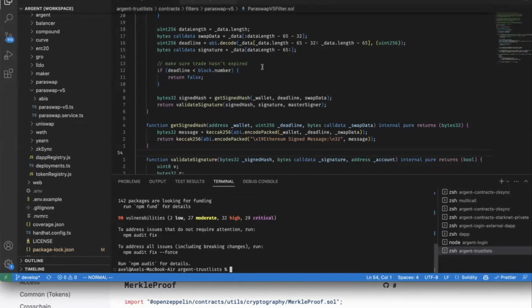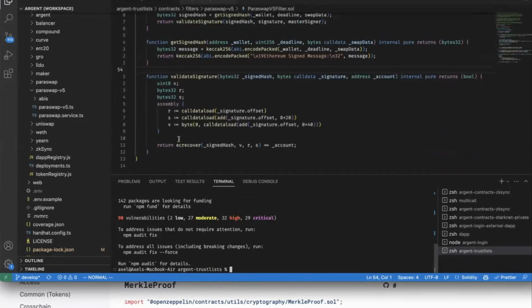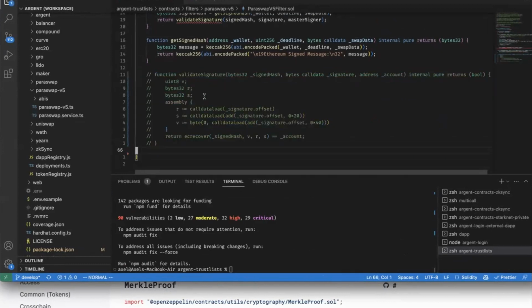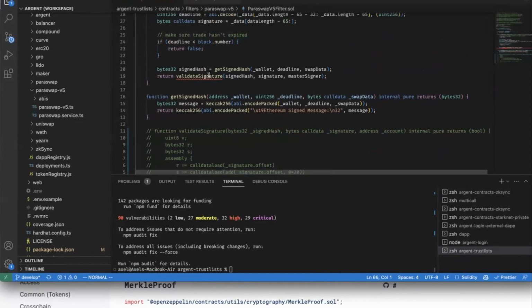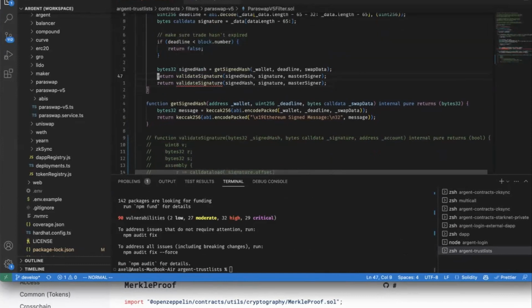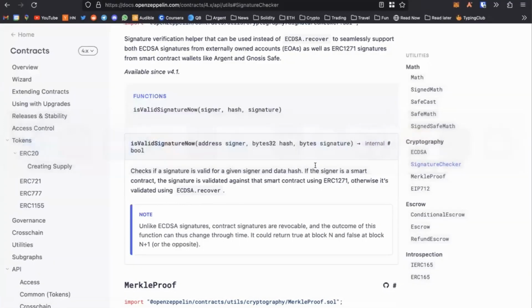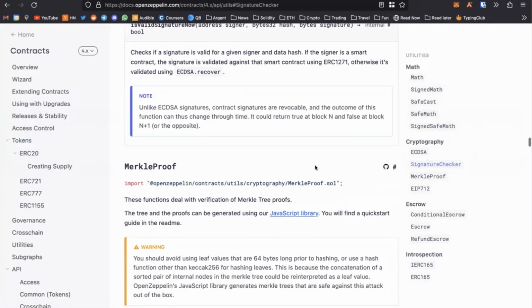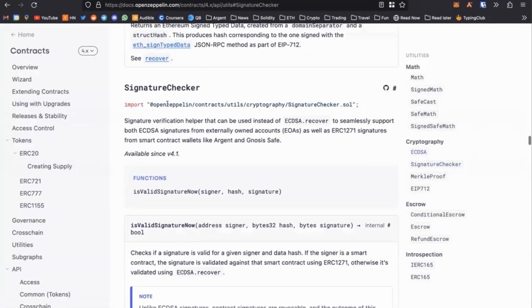So I got my library. Basically, what we want to do now is remove this thing because it's wrong, and replace it with the OpenZeppelin call. Let me just see how it's done here. Let's check the import. Okay, they do have the import.